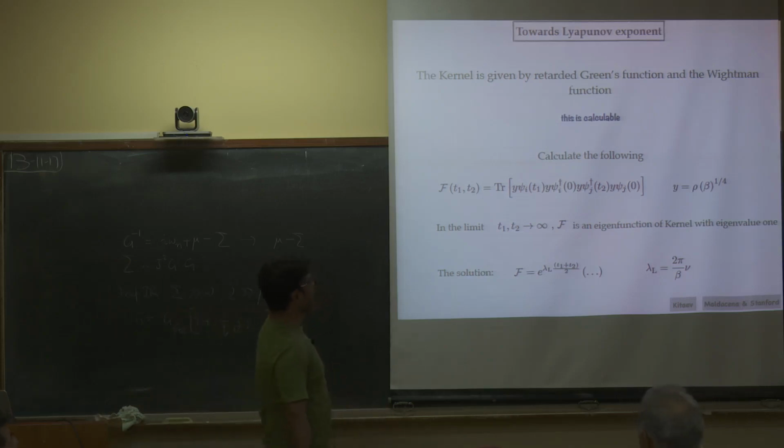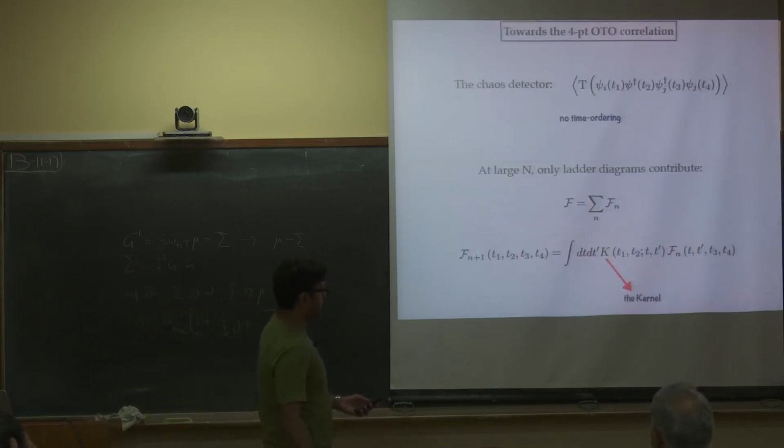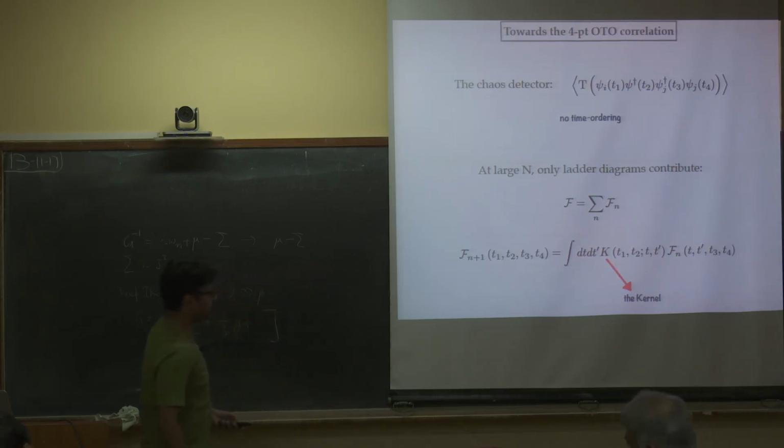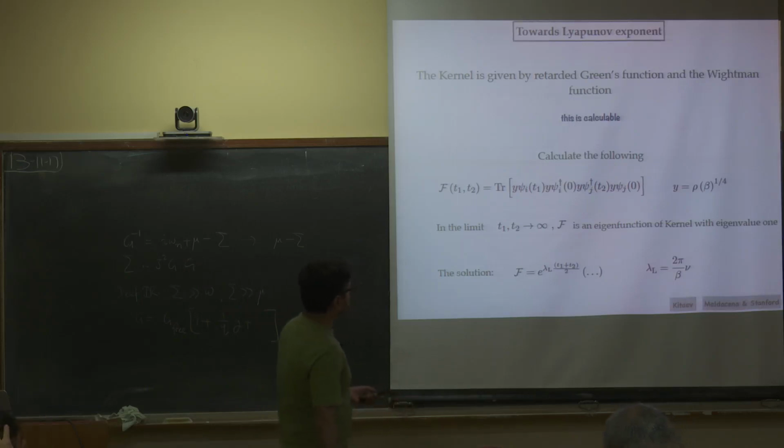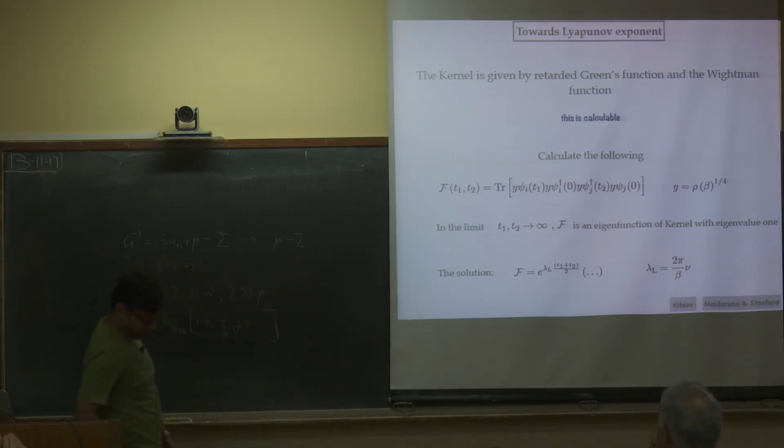Anyway, basically, at the end of the day, it is more or less standard in the literature how to calculate this kernel. It is given by some known expression in terms of the retarded Green's function and the Wightman function, and therefore it's a calculable object if you know the Green's functions, which in this case we do. Of course, in the conformal limit, usually people use conformal symmetry to write that down, but at large Q, you can also write it down.